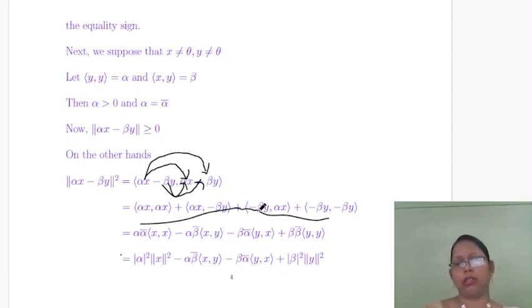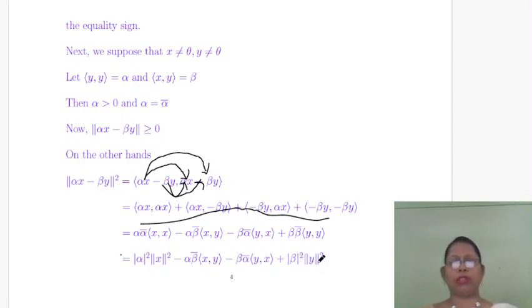x comma y. Likewise, from this term I am taking minus beta and alpha outside, then it is alpha conjugate, and this is the inner product of y comma x. Here I am taking minus minus, which will be plus, that is beta beta bar, inner product of y comma y. Here alpha alpha conjugate is the magnitude of alpha squared, and the inner product of x comma x is the norm of x squared, minus alpha beta conjugate inner product of x y, minus beta alpha conjugate inner product of y comma x, plus this is modulus of beta squared, norm of y squared